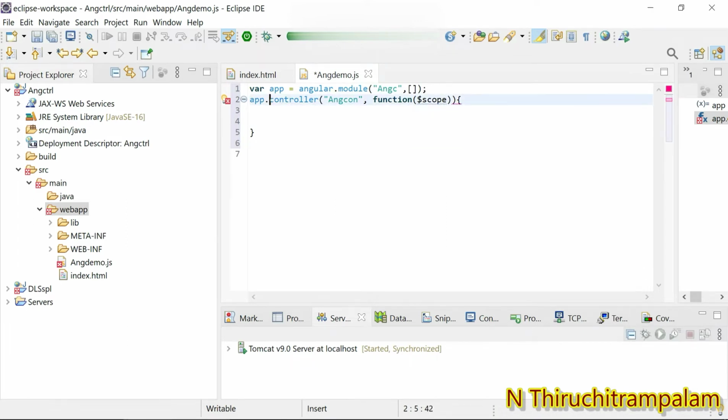Okay, so once I just pass in the scope object, $scope, here I write scope dot, okay, scope dot